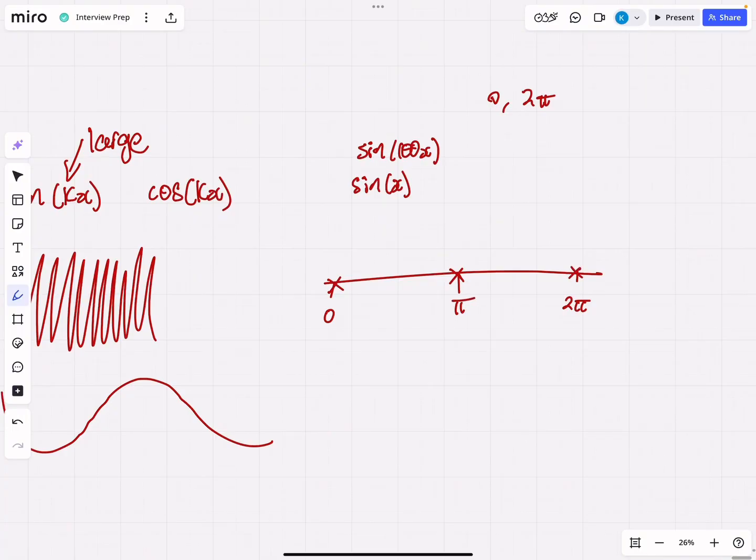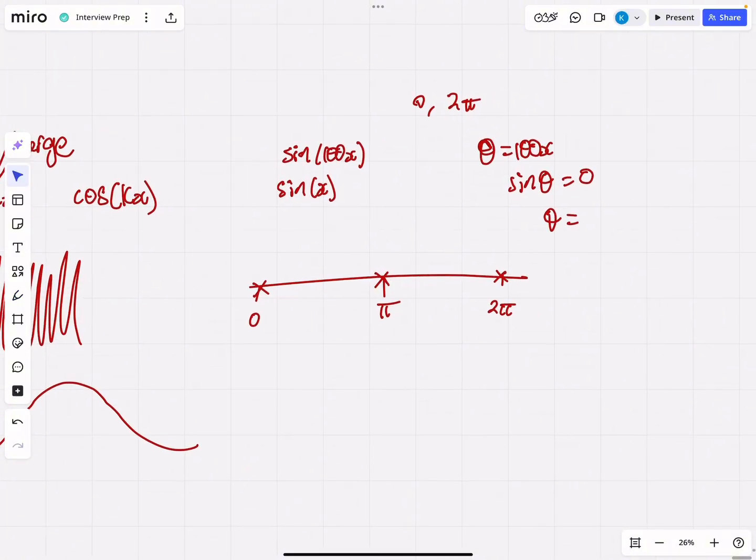But now sine of 100x, well, if I let theta equal 100x, so I'd have sine of theta equals 0, that's when, again, theta is equal to an integer multiple of pi. So that's going to be 0, pi, 2 pi, 3 pi, 4 pi, etc., etc. But because theta is 100x,